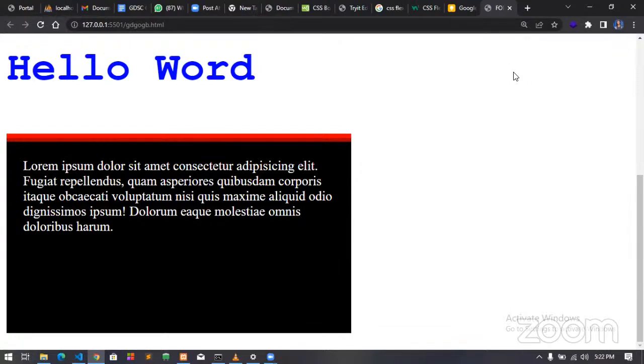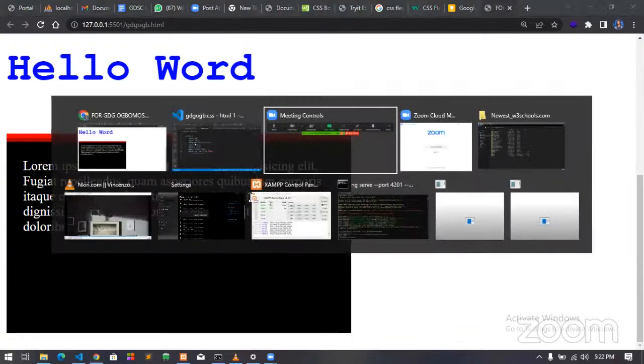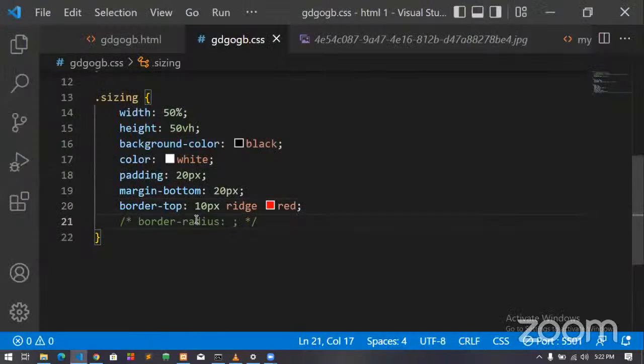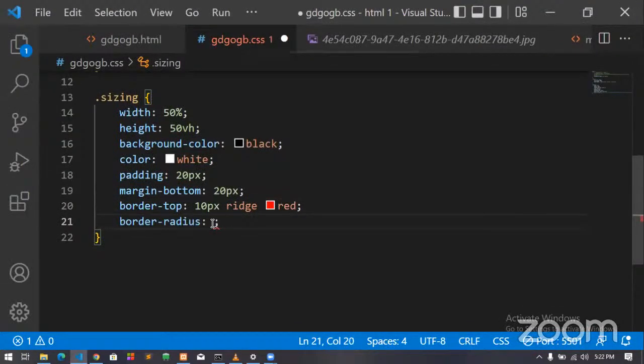So that's very cool. You can say you would want it to be at the top, or at the left, anyhow you want it to be. But border radius is actually how curvy these edges are going to be. Your border radius deals with your edges. So I can say I want my border radius to be 20 pixels,